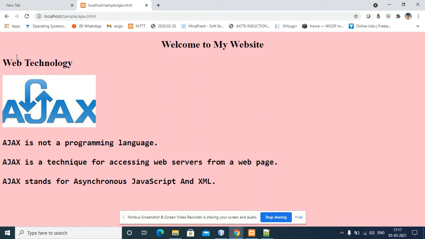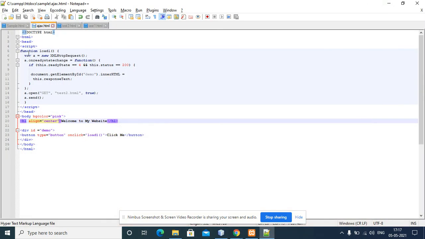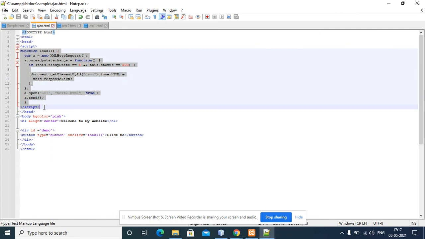That is, dynamically load your website using Ajax programs. This is a sample I give to dynamically load a paragraph, heading tags and also an image. You need to do it like that for your website.